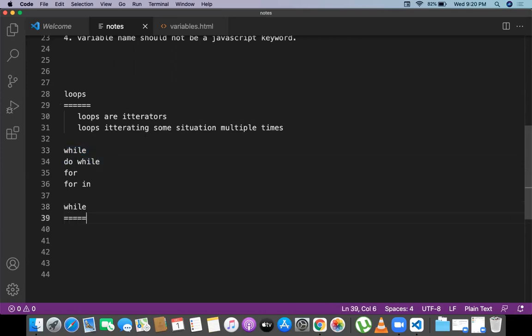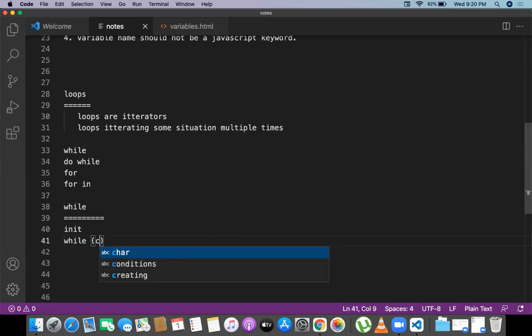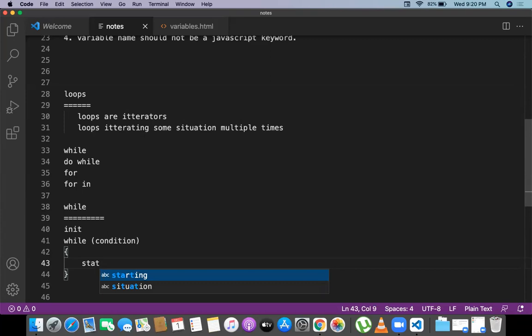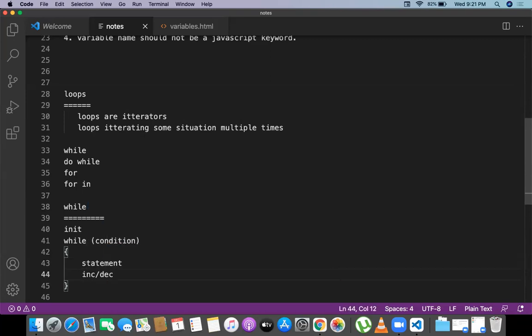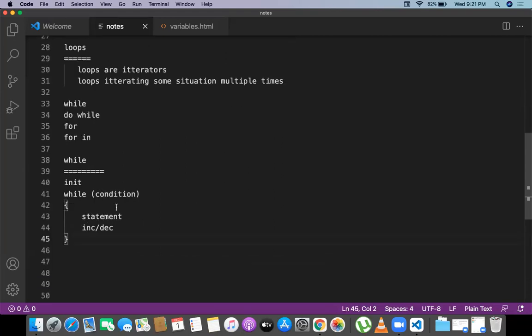First we will write a while loop. First of all initialization. Then while condition, and loop statement, whatever statement you want you can write here, and increment or decrement. This is the while loop.